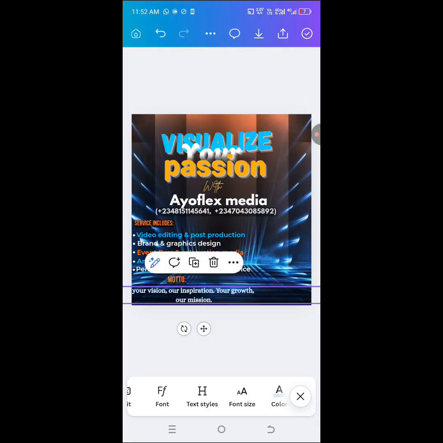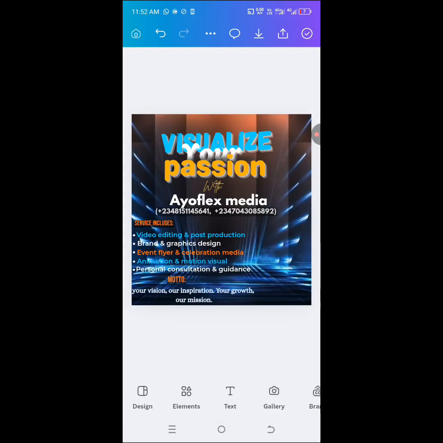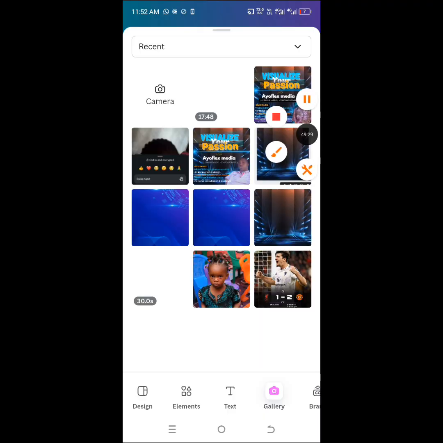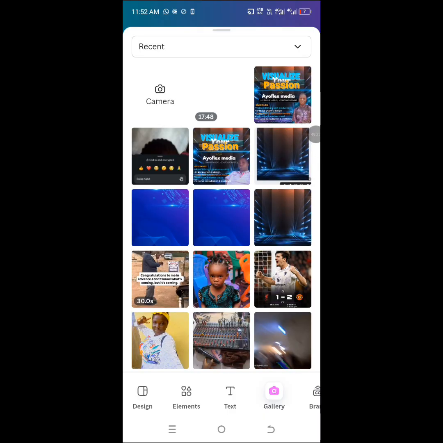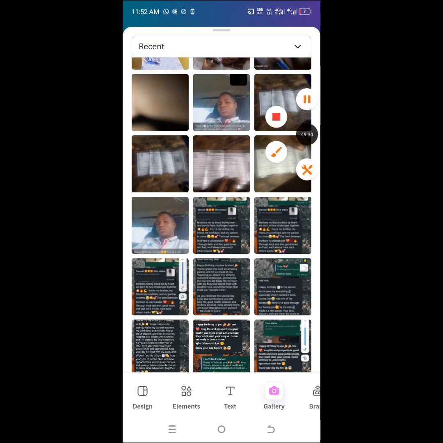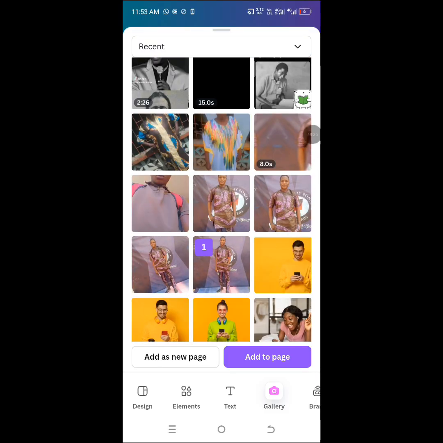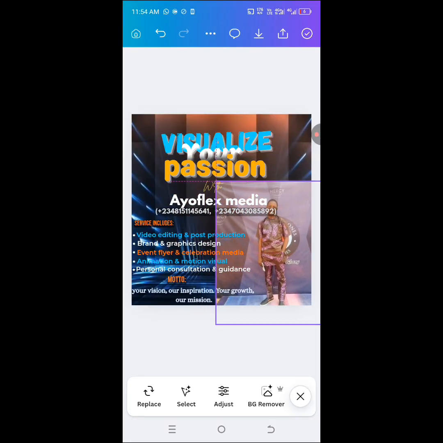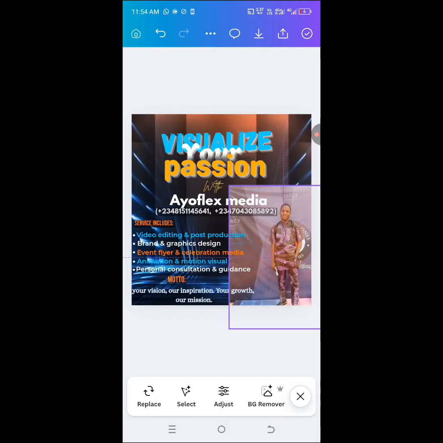Then what next is the image that we add here. Let's add image. So this is the image you are going to add. So just add the image, then put it here. Then see this image,